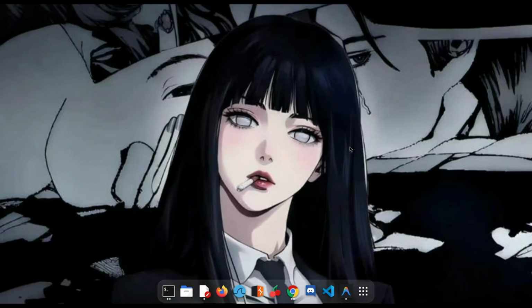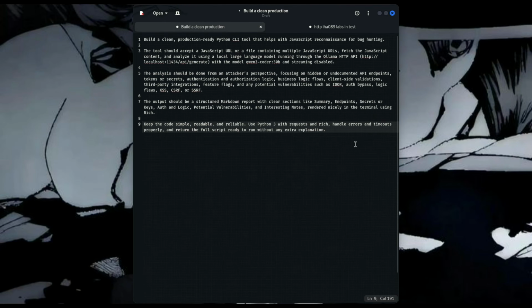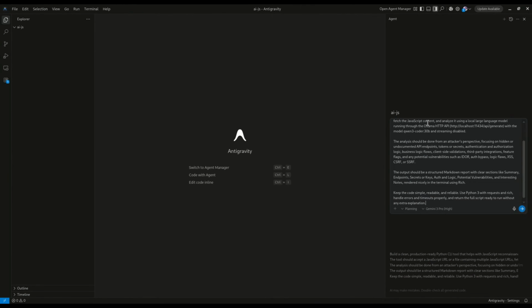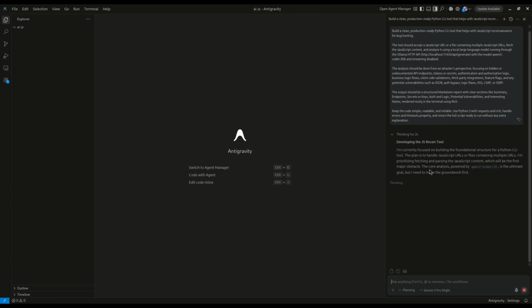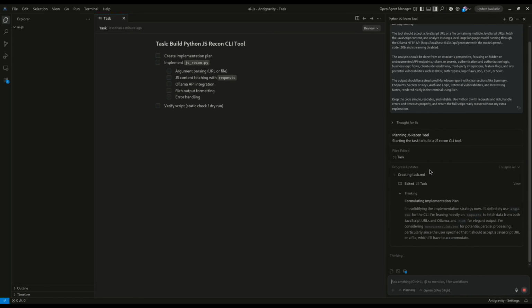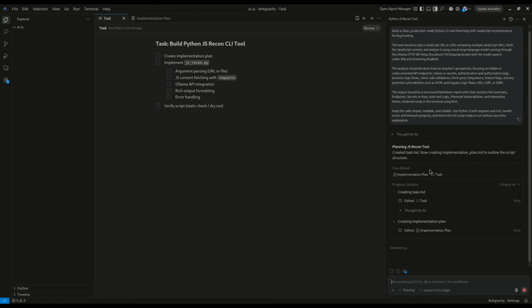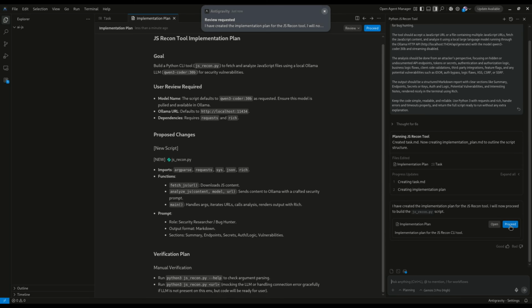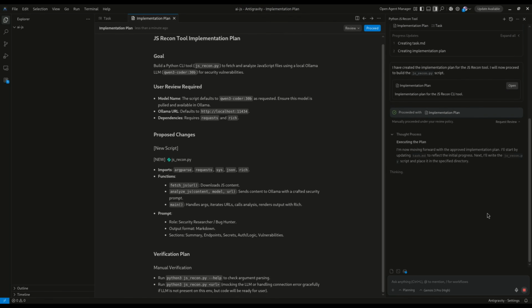Here's where things get interesting. I'm not manually writing the entire tool logic myself. Instead, I describe this workflow and the expected behavior to AI. And the AI writes the tool for me. I tell it how the tool should behave, what kind of analysis it should perform, and what kind of output I expect. So in a way, AI is not just analyzing JavaScript. AI is actually building the tool that performs the analysis.